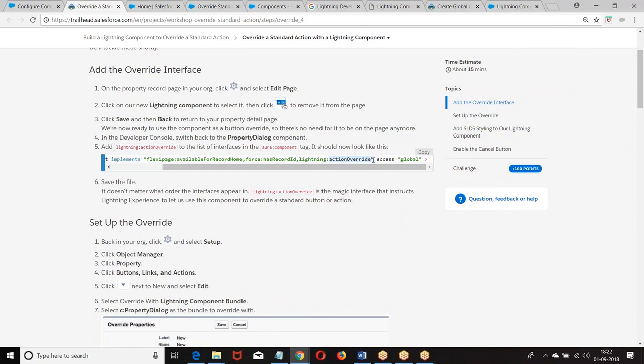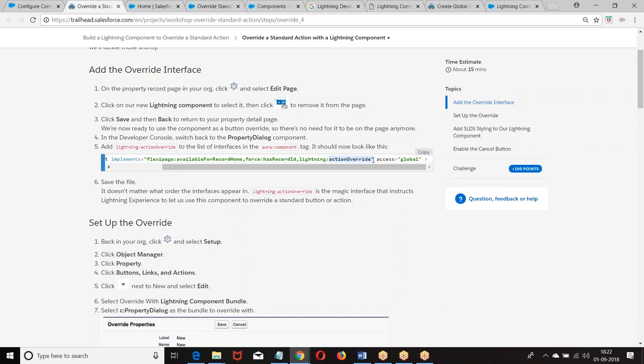Are you getting my point? Clear? If you implement this interface, we can use that component to override any one of the standard functionality or to create a custom functionality on the standard pages. Again, I repeat.